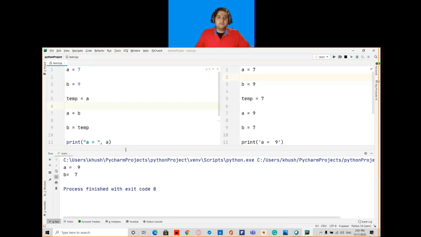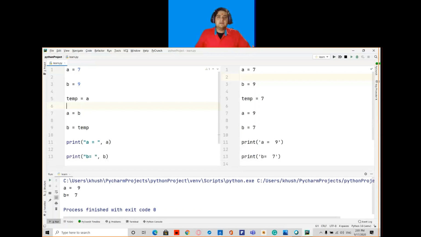So what is happening here? Basically, this value 7 is assigned to the variable A. This value 9 is assigned to the variable B. So here the value of A is 7 and the value of B is 9. Then the value of A, which is 7, is assigned to temp.